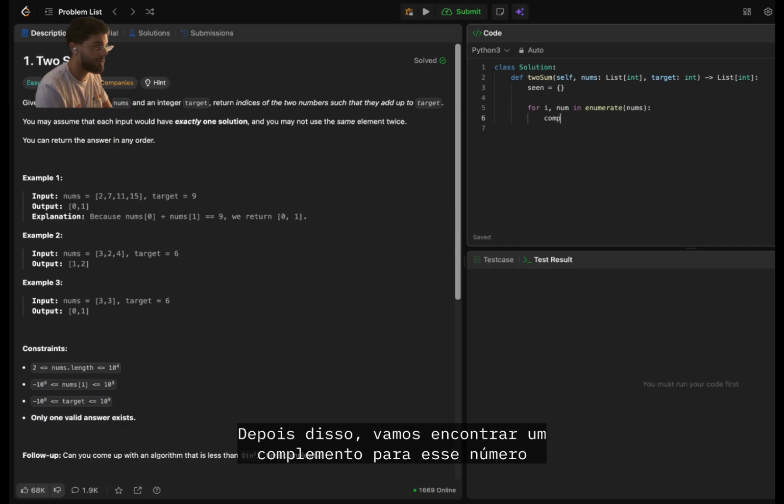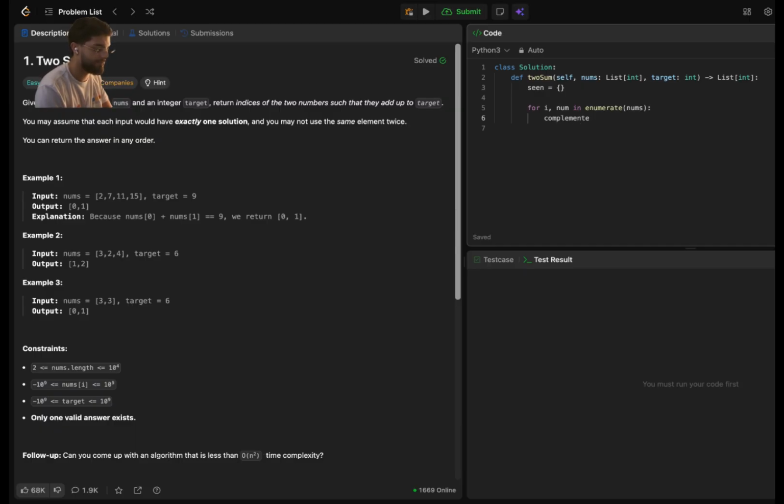After that, we're going to find the complement for that number. The complement is going to be equal to the target minus the num itself, and if the complement is in the seen hash map,